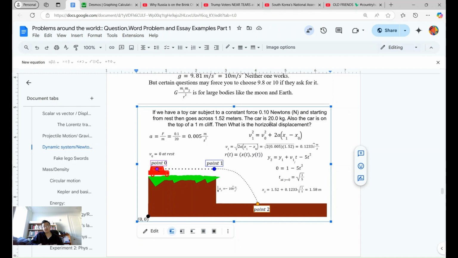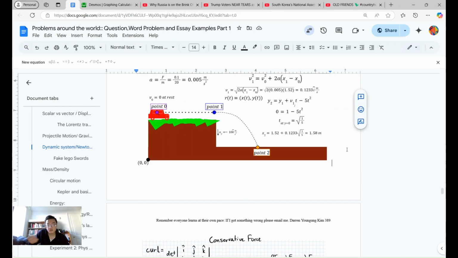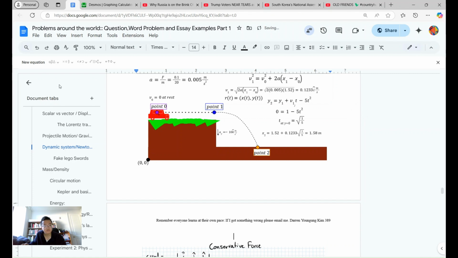Also, the statement of that question was a little unclear too. So we start from rest, we go to point one, and we drop at point two. Pretty clear question. It really isn't that difficult, in my personal opinion. If you get things right, if you... I think I forgot to do something. I just realized I should have given the